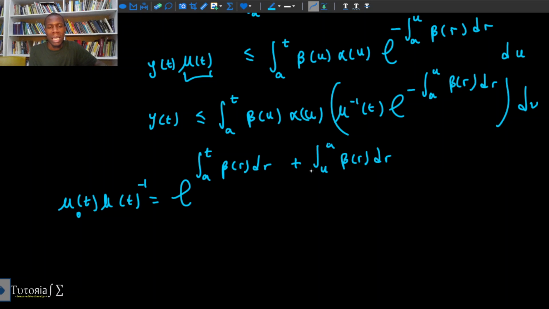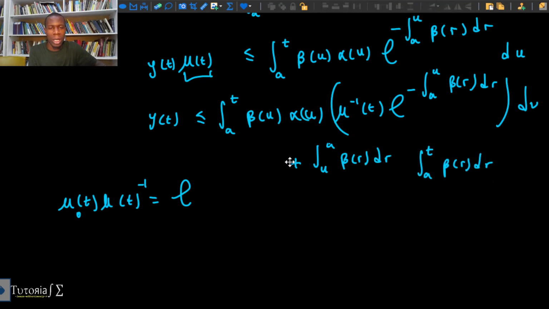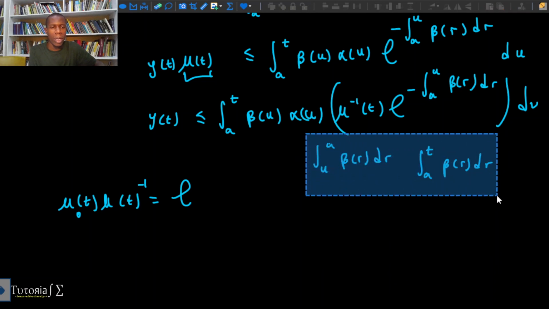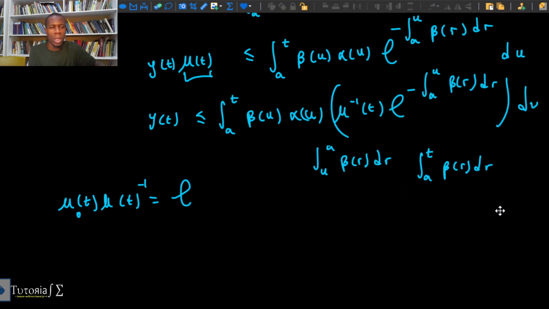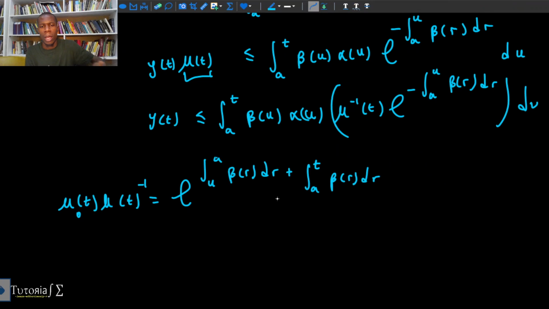Okay, and basically we can see that by the fundamental property of integrals, if we write this like this so that you can see it properly, moving from a to u, then a to t is just the same thing as moving from u to t, then beta of r dr. So this simplifies to that,